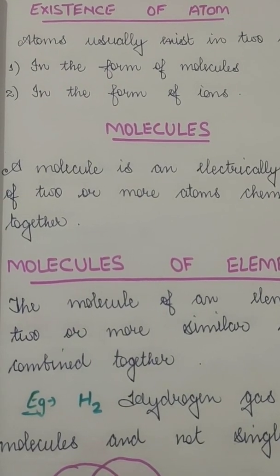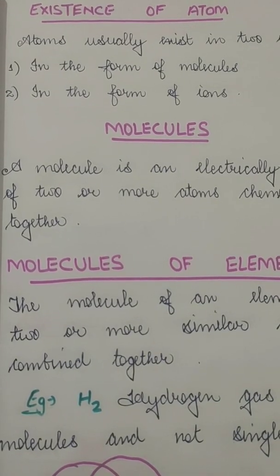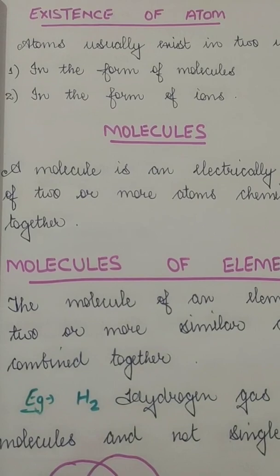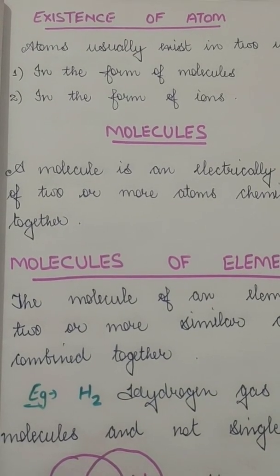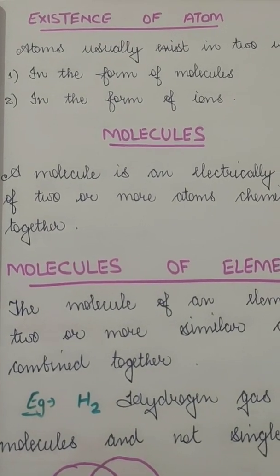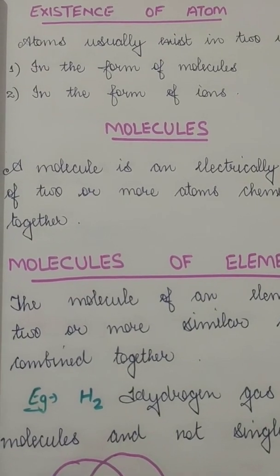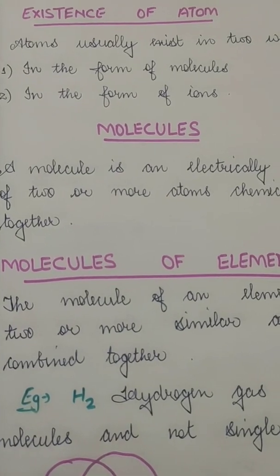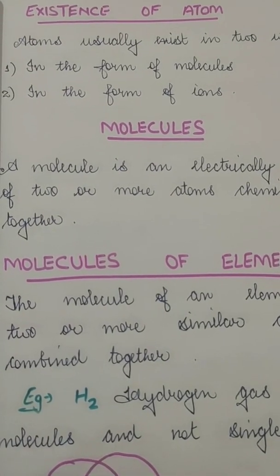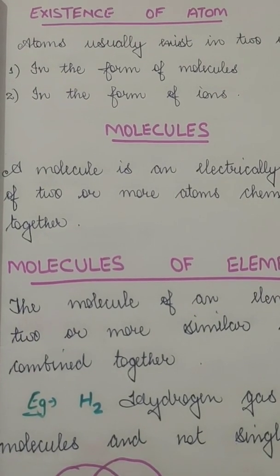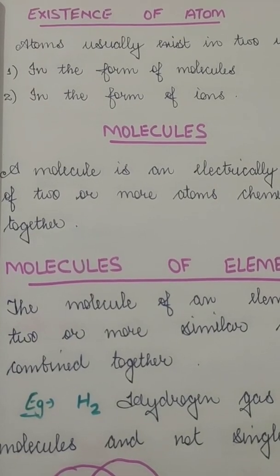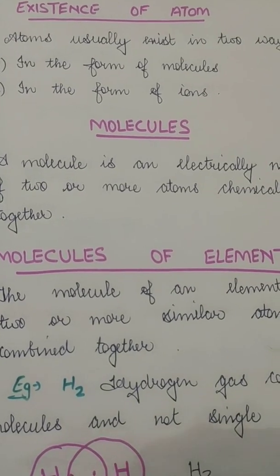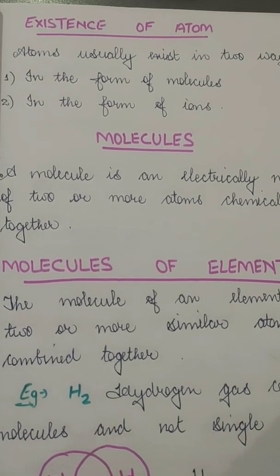Now we already know what an atom is, how it looks, and what it has in it. So an atom is the smallest particle of any matter, and in that atom there are different particles or subdivisions we can call them, that is proton, neutron and electron. So we have done that portion. Now how does an atom exist? The atom usually exists in two ways, that is in the form of molecules and in the form of